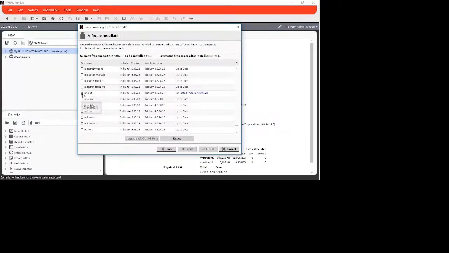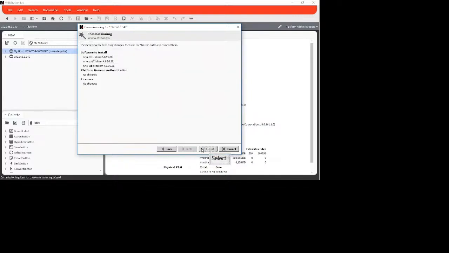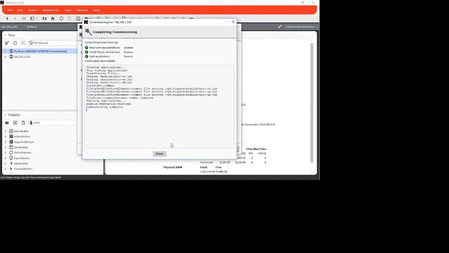So we have 1, 2, and 3. We'll just check all. Once we find them, select next, and next, and then finish to allow them to be installed in our controller. Great. Once completed,